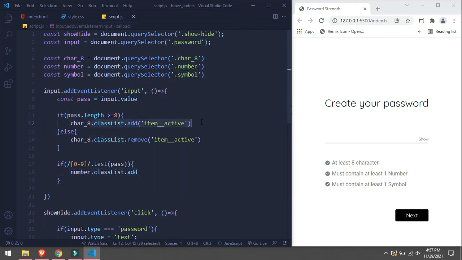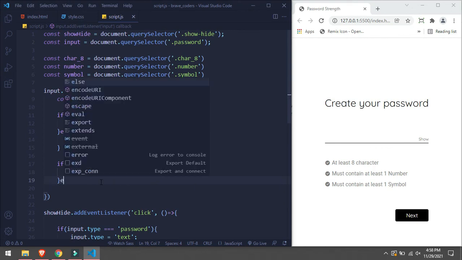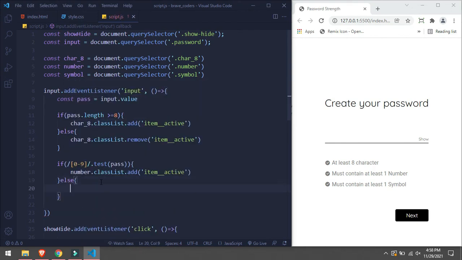We can copy this part. Active, else we are going to say number remove. So let's see if it is working. So I type a number. If I type a number, like say I've typed 4, yeah, it's working.